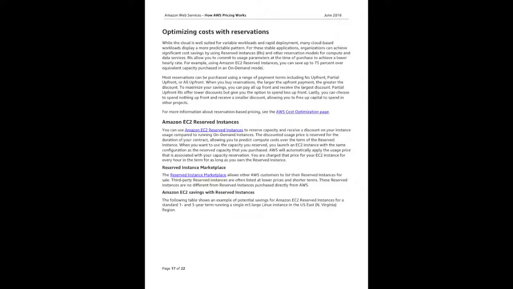Amazon EC2 Reserved Instances. You can use Amazon EC2 Reserved Instances to reserve capacity and receive a discount on your instance usage compared to running on-demand instances. The discounted usage price is reserved for the duration of your contract, allowing you to predict compute costs over the term of the reserved instance. When you want to use the capacity you reserved, you launch an EC2 instance with the same configuration as the reserved capacity that you purchased. AWS will automatically apply the usage price that is associated with your capacity reservation. You are charged that price for your EC2 instance for every hour in the term